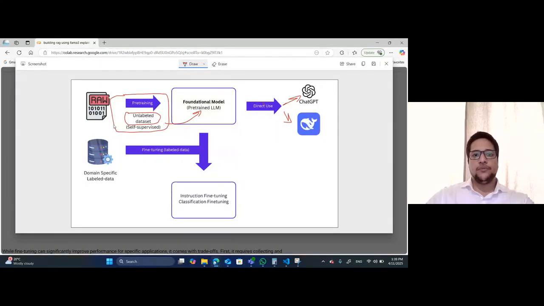So what we want to do is provide it with labeled data to fine tune it. So first we use unlabeled data, then we fine tune it using labeled data, and this is the fine tuning of large language models. Okay, and we have two types of fine tuning. We have instruction fine tuning and we have classification fine tuning. For example, you give it a lot of emails,